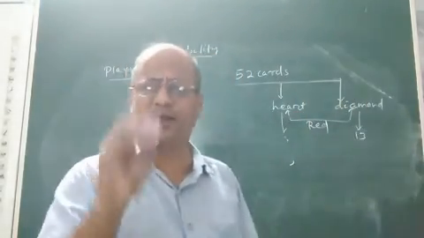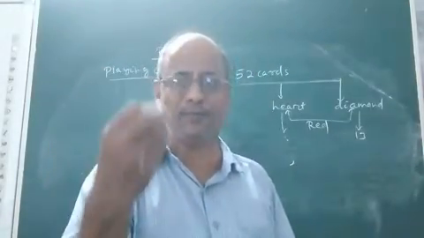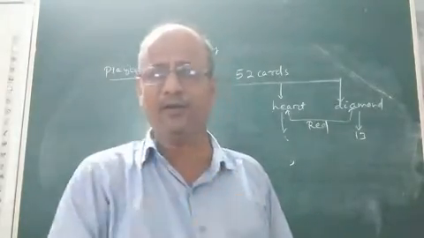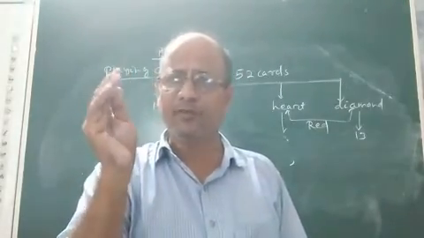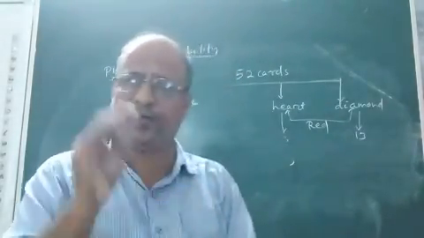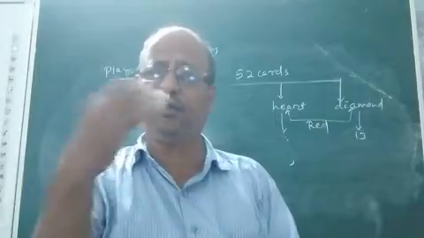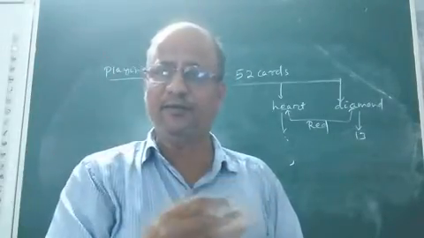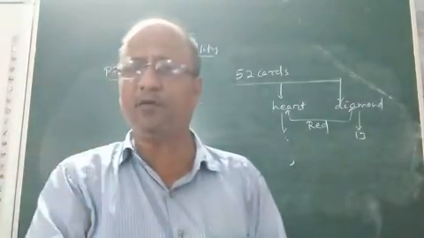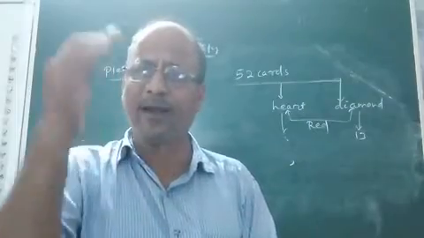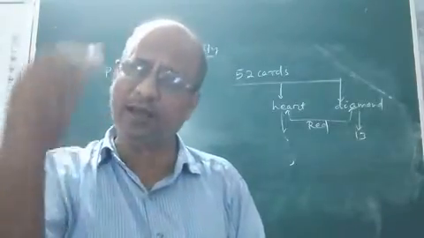Now the point is, there are a total of 52 cards in a well shuffled pack. What is meant by well shuffling? Well shuffling means the outcomes are equally likely. When a pack of 52 cards is well shuffled, each outcome is equally likely to occur as the other, and hence the outcomes obtained on well shuffling are equally likely outcomes.